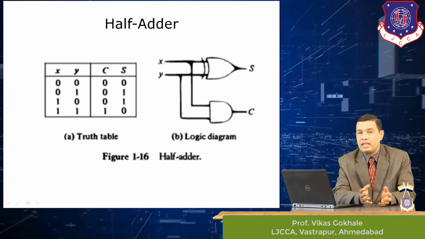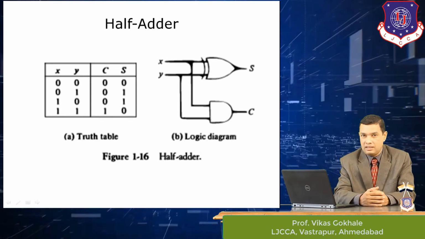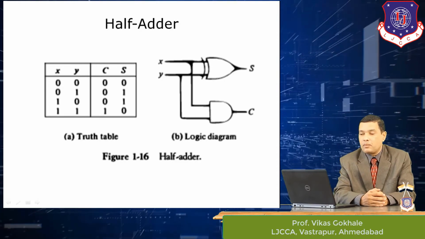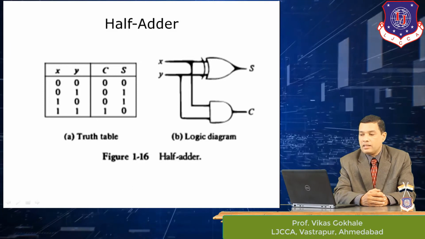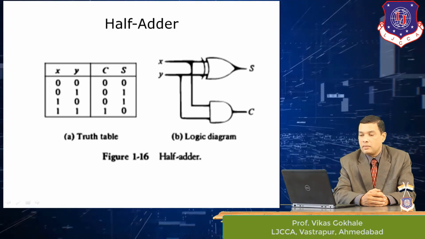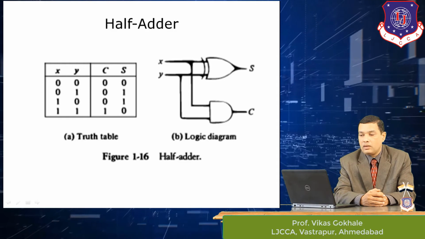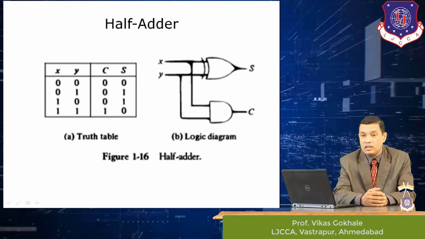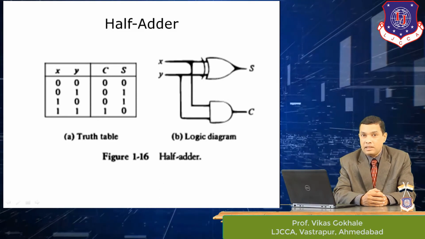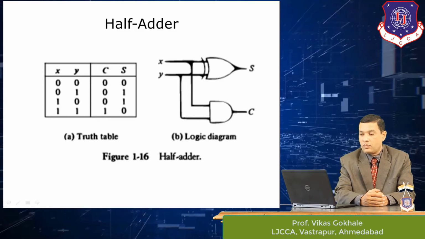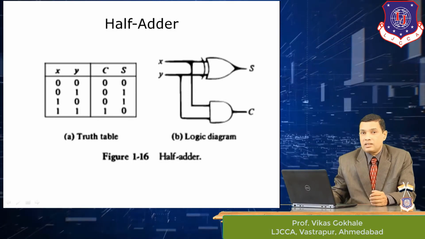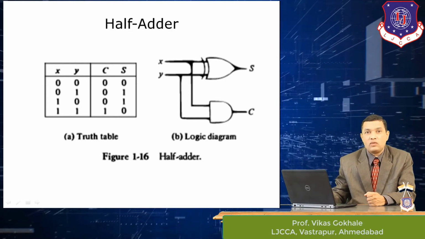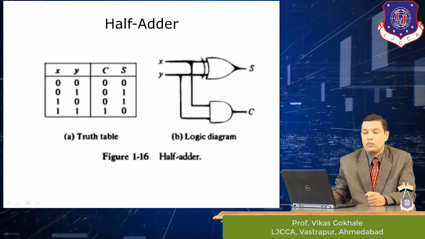So here the half adder is very easy to understand. It's the most basic digital logic circuit, for the addition of two binary bits. When there is 00 on the input lines, there is no carry and no sum. When we have 01 or 10, there is no carry but the sum bit is 1. And most importantly, when both the bits are 1, you will have the carry bit generated while the sum bit will be 0. Now this is the case of only 2 bits, but what will happen if you want to add a third bit also? So addition of 3 bits is the next circuit, and it is called a full adder circuit.